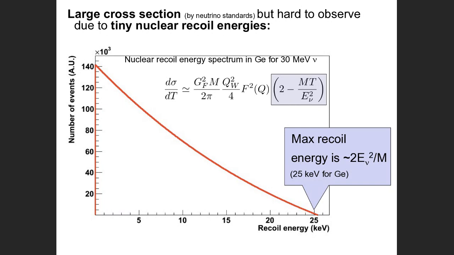And this is an example. This is the shape of the recoil spectrum that you get. This is for germanium, which is a medium-sized nucleus, for a 30 MeV neutrino. What you see here is that the maximum recoil energy goes as E squared over M, and it works out to 25 keV for germanium for a 30 MeV neutrino. That is very, very tiny. That is very hard to measure if you compare to, for example,